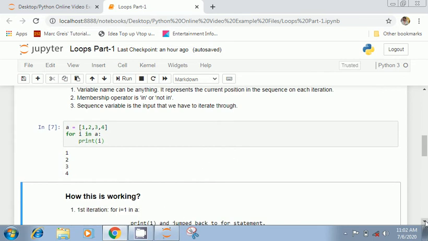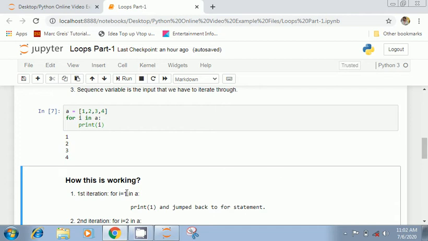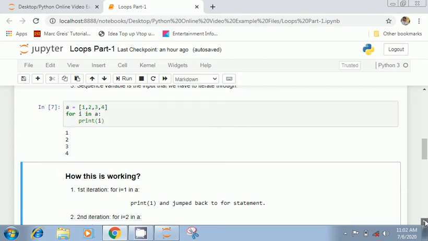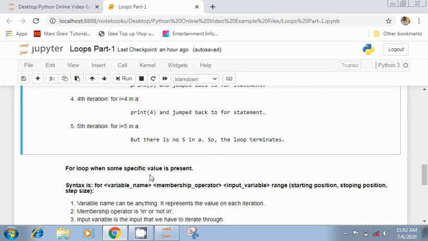So what we are seeing here, for I equal to 1, for I equal to 2, it means that the for loop is iterating, it is incrementing by itself. You don't need to write again and again like we are writing in if I equal to 1, if I equal to 2. That process is going on internally within the for statement. That's why if is called a conditional statement. It is only giving one output depending on some condition, and for is also giving specific output, but it is iterating within itself.